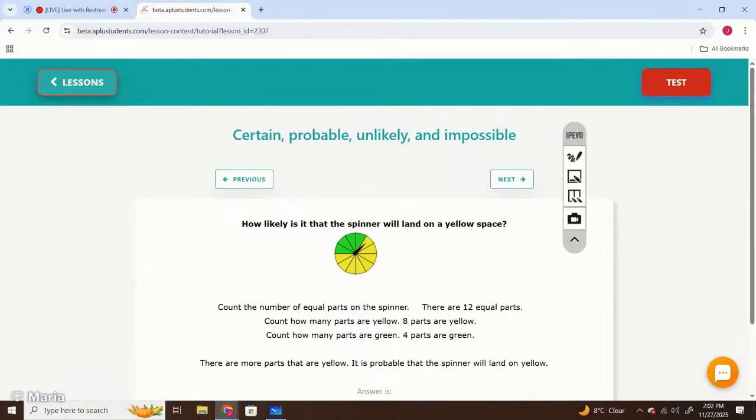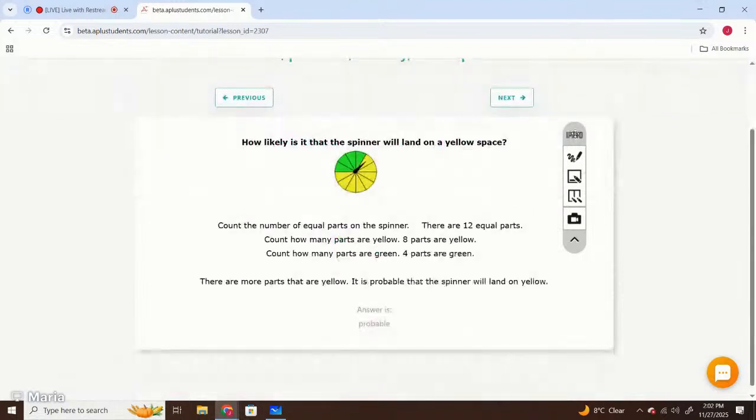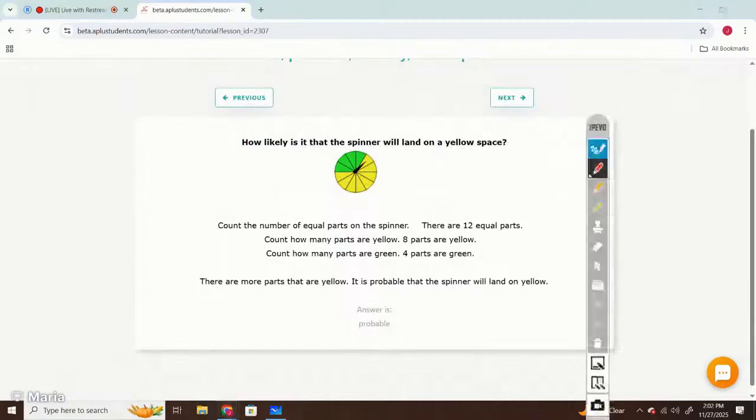Likely is that the spinner will land on a yellow space. So just look at the spinner. First, we need to count the portions on the spinner. So the spinner has 1, 2, 3, 4, 5, 6, 7, 8, 9, 10, 11, 12. The spinner has a total of 12 equal parts, right? Yellow, 8 of them are